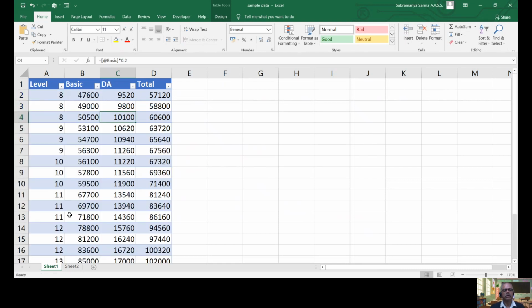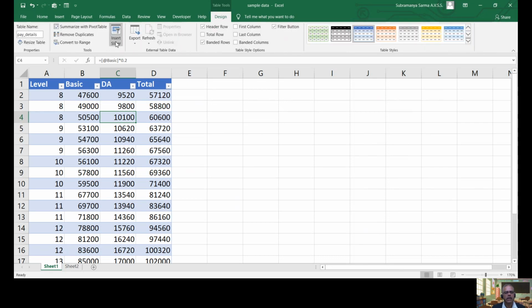So this is our normal data. Slicer is unique to tables. It is not available for our normal data, and using slicers you can apply multiple filters to the data. Next, export and refresh.